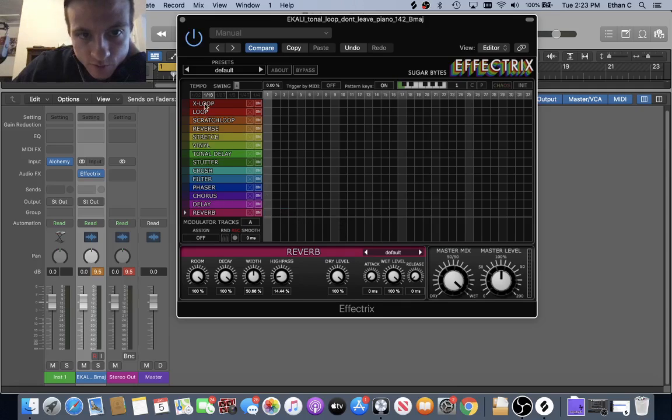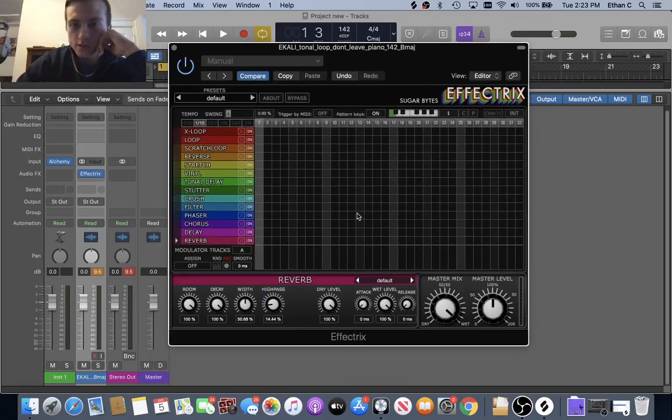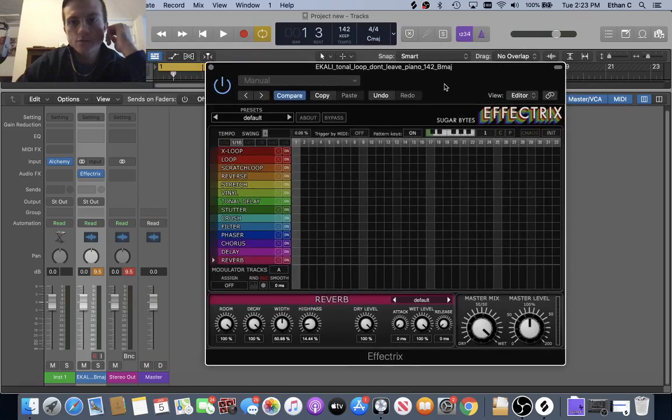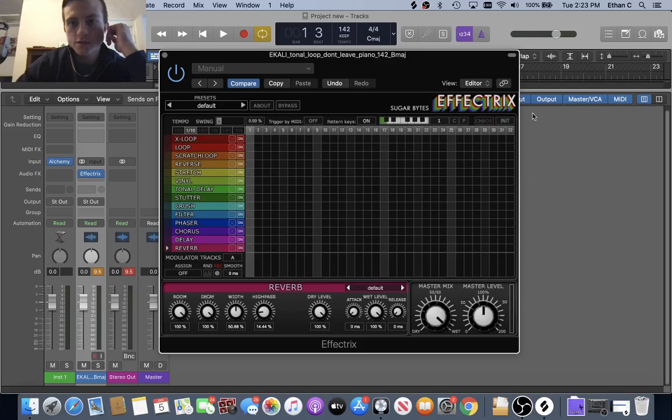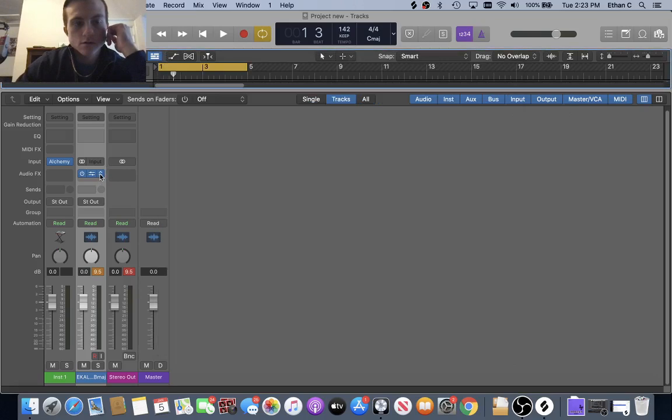So I personally mostly use the loop, reverse, and vinyl. But sometimes I'll use the X loop, and once in a while I'll use one of the other ones as well. But this is a great plugin to add effects, in my opinion, because you can make your effects so unique because there's so many things you can tweak. You can pick what part of the loop you want to put it on, and recently it's been a game changer for me. So shout out Effectrix by Sugar Bytes. All right,